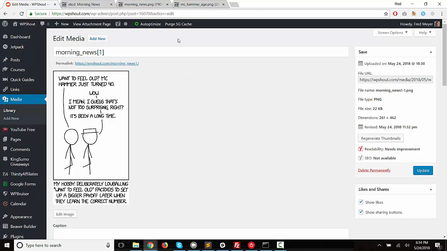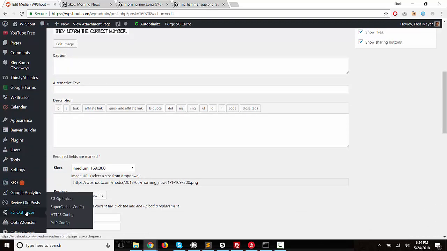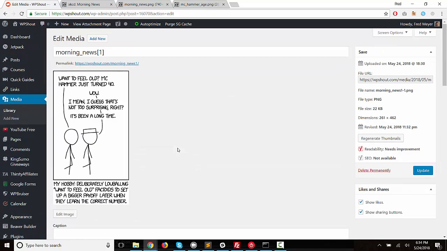So there were two steps: purging the SiteGround cache, which is in your bar if you have the SiteGround optimizer plugin, which used to be called the super cacher plugin. So that will handle things on the server side. And then you still may need to do a hard refresh, which you do with Control Shift R or Command Shift R on your keyboard, to tell your browser that you want it to actually fetch its data